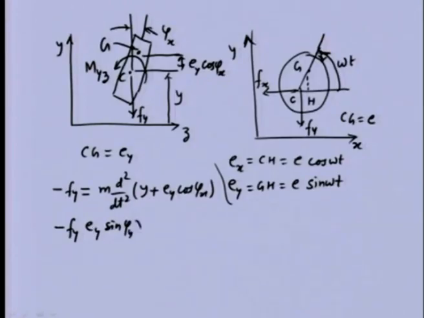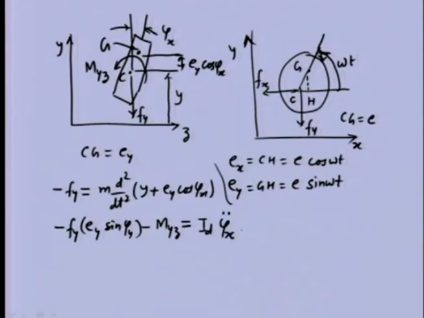You can see this force is acting here, and the moment arm about G in the horizontal direction will be, because the vertical direction is e_y cos phi, so the horizontal direction will be e_y sin phi, and then the moment is also acting, this particular moment, and this should be equal to the rotary inertia